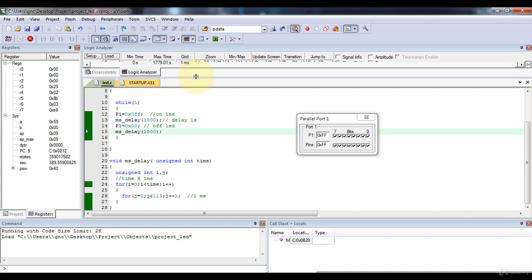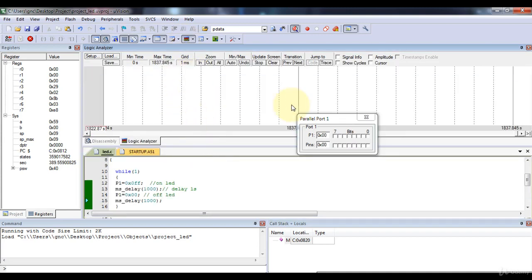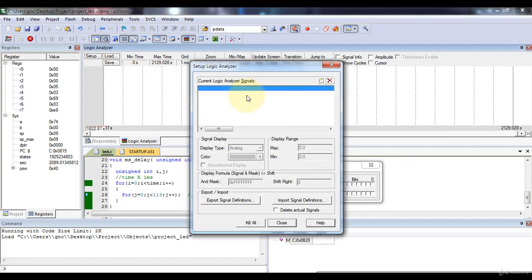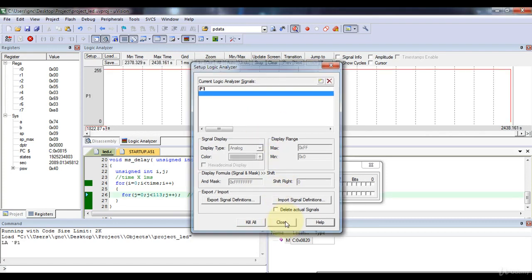Once you click on the logic analyzer button, it looks something like this. You have to add the signal that you want to monitor. So go to setup. I want to monitor port P1, so I will type port P1 and enter.